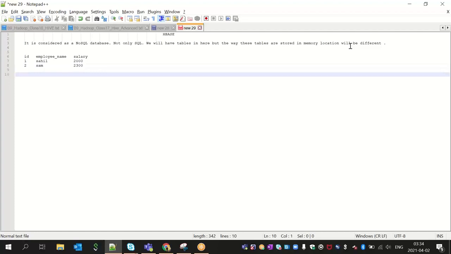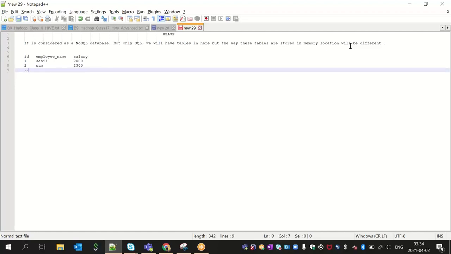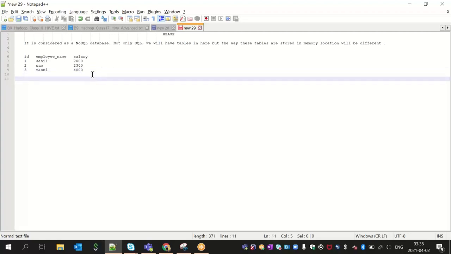It may have multiple rows. Similarly, it may have thousands of rows in it. Now when it comes to storing this table